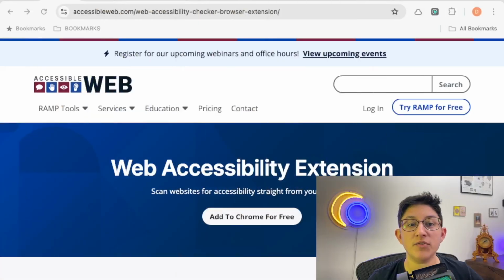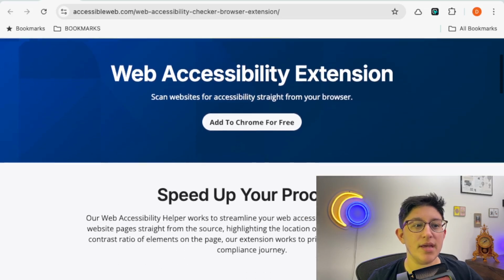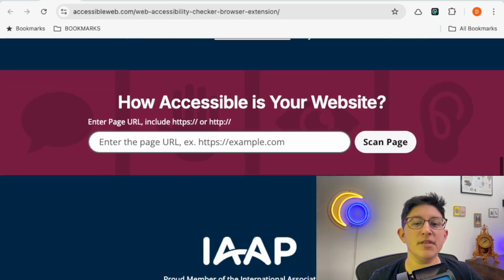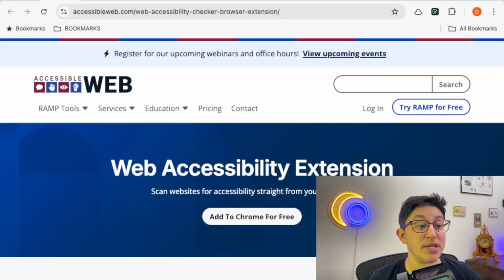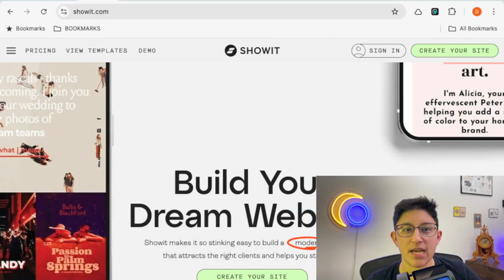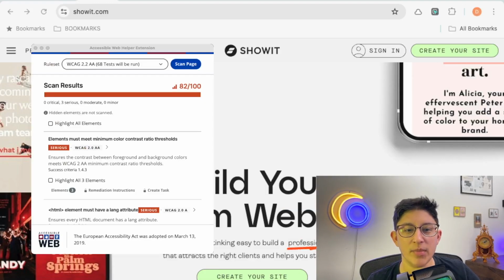They all have their strengths and weaknesses, so test them all out for a bit and pick the one that works best for you. The first one that I'm going to mention is from Accessible Web. It's a web accessibility extension. They go over all of the different things available on their website, but it's a good extension for finding some areas to fix. It's a solid tool. It's a really great place to start to fix what it picks up. They have a paid version and they have a tool on their site that you can paste a URL directly into.